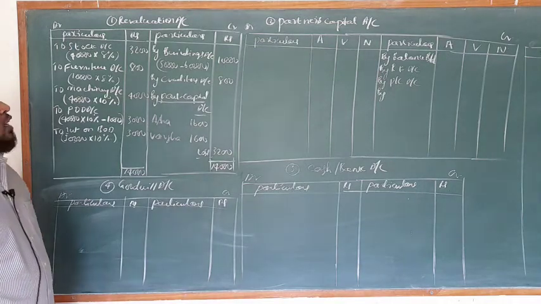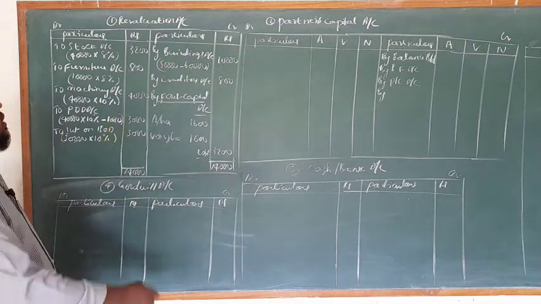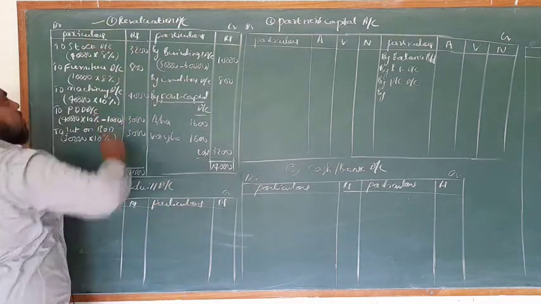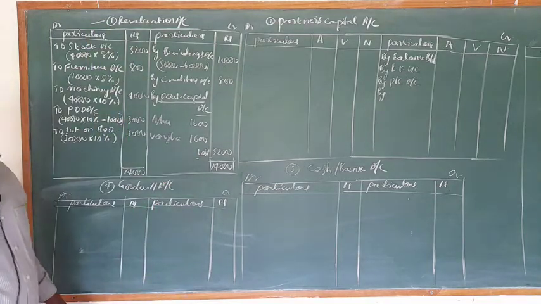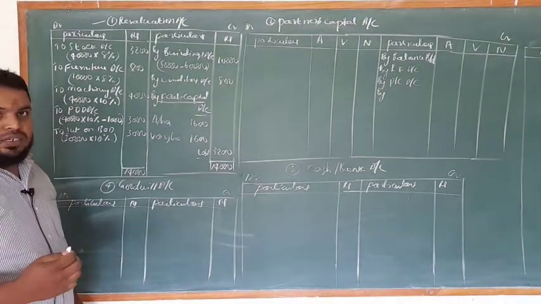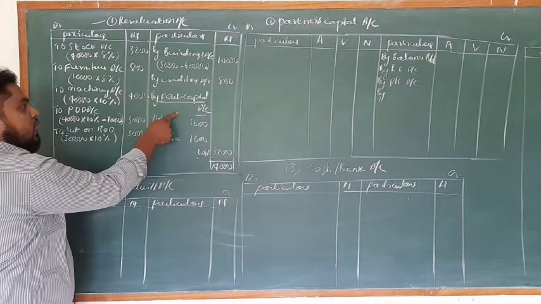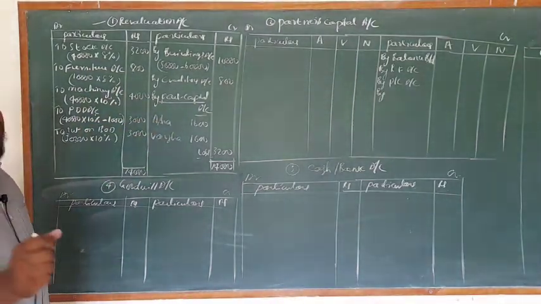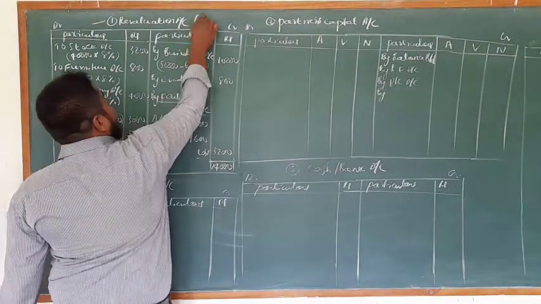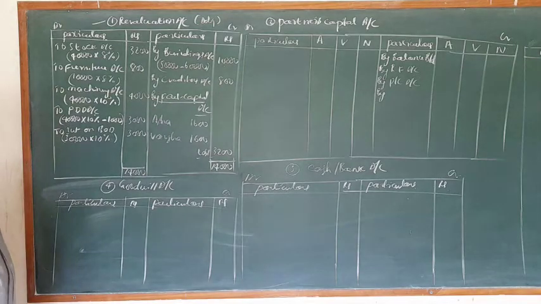So in the admission of a partner, I already explained the steps. First, the revaluation account. Under the revaluation account, we have to record all the expenses and losses. Expenses on the debit side, and incomes and gains on the credit side. Under the revaluation account, we have to record only adjustments.